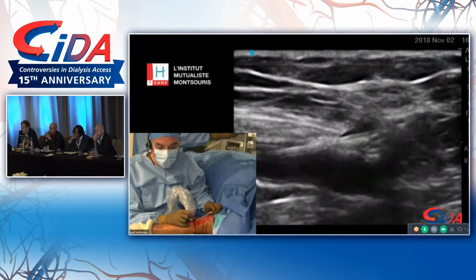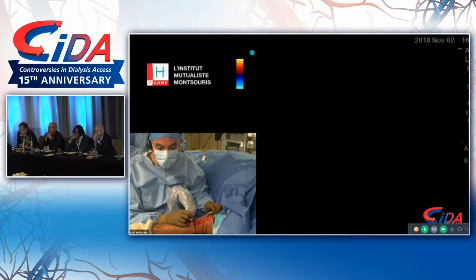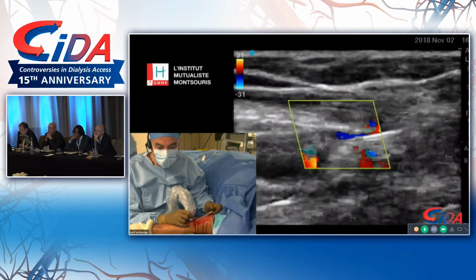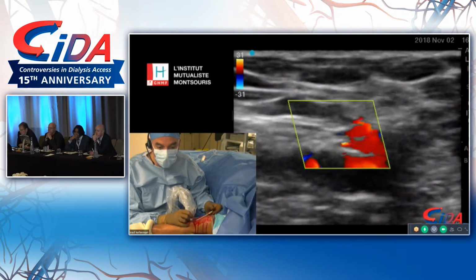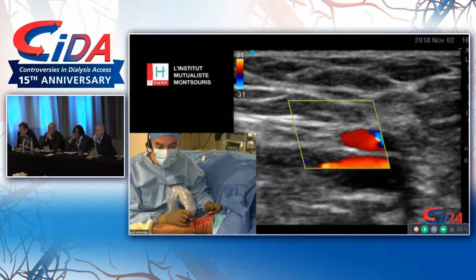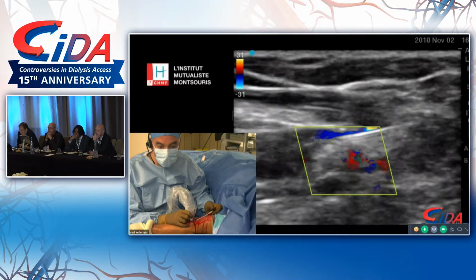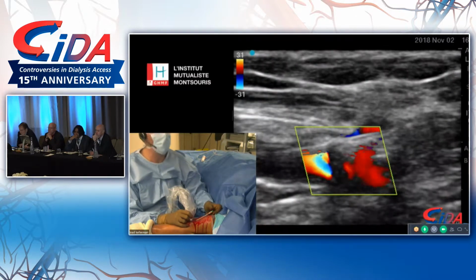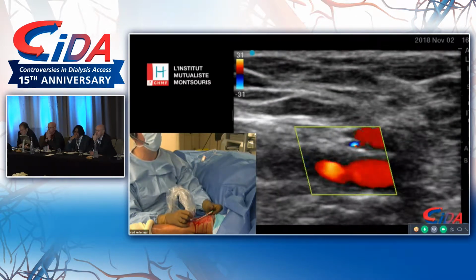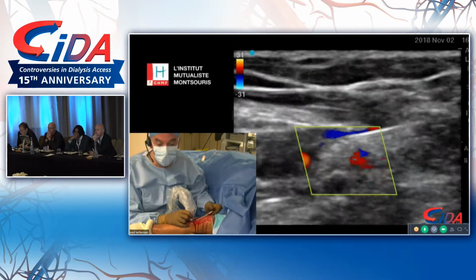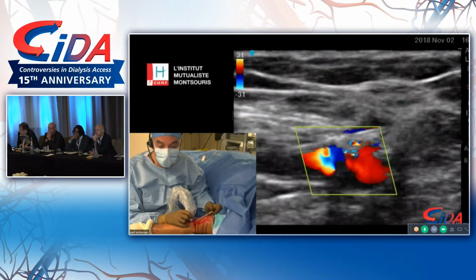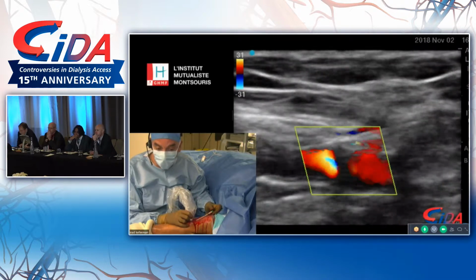I'm going to put some color here. As you will see, the anastomosis is already completed. You see that we have fistula flow already. We have systole-diastolic flow in the artery. You see this beautifully here, and we have flow through the anastomosis. So essentially, it's 3:46, which is 7 minutes after starting the case, and the fistula is created, the anastomosis is